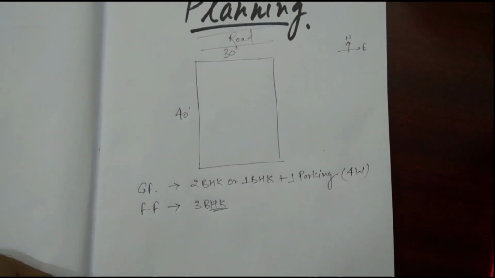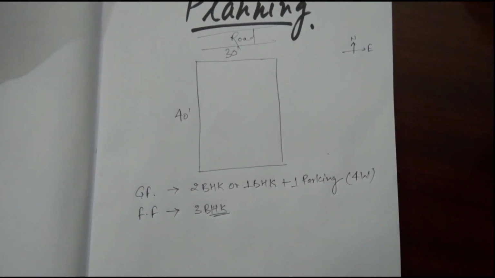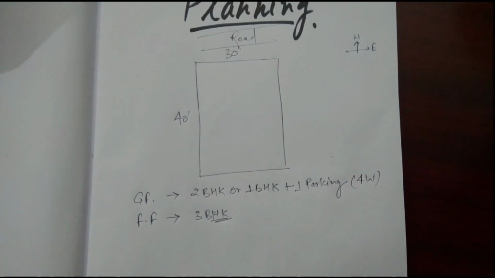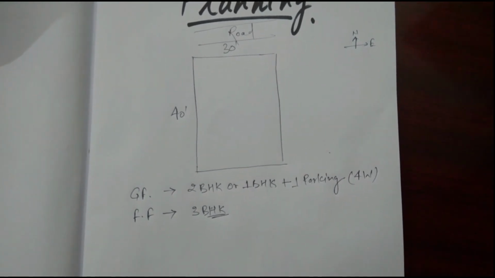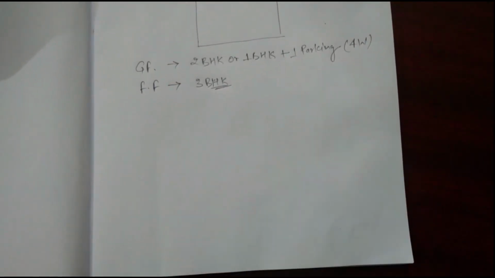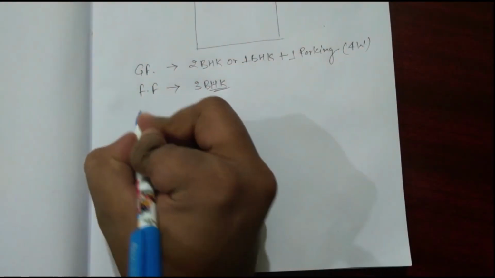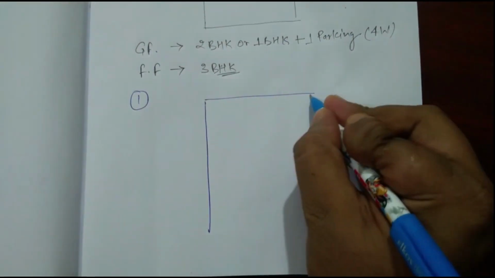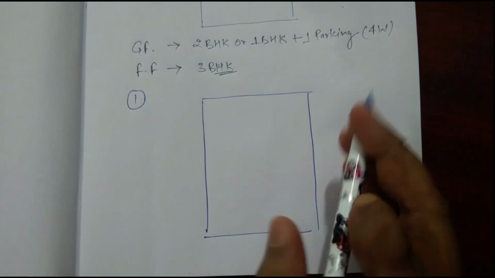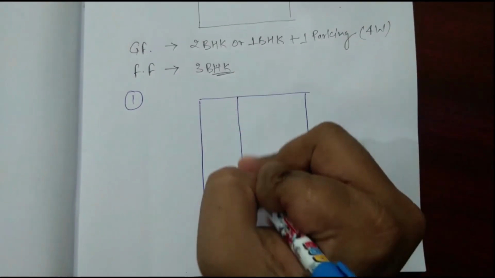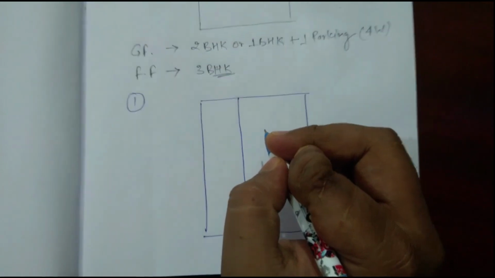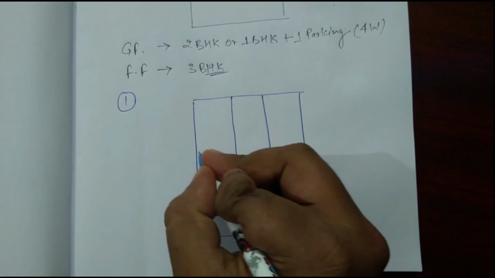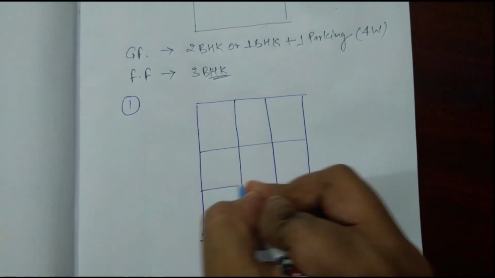Now let us start making the plan using our easy method. We'll divide the process into 3 parts, and I'll tell you how to start thinking. So first of all, let us make a simple rectangle. We have drawn the rectangle here, and we'll also give the directions. We'll divide this rectangle into some parts so that we can mention the directions. So we have divided it into blocks, as you can see here.